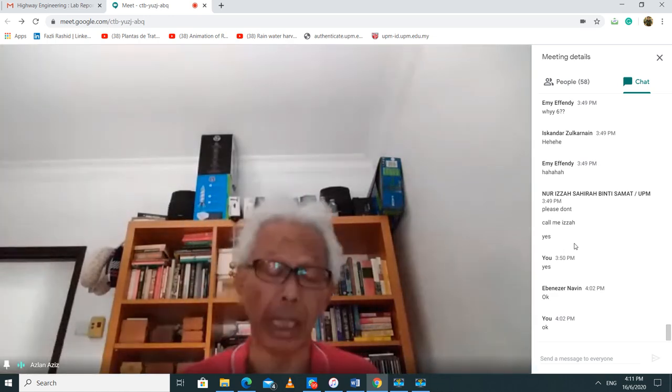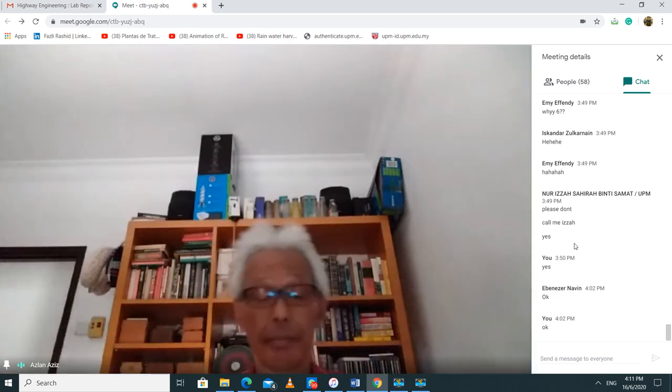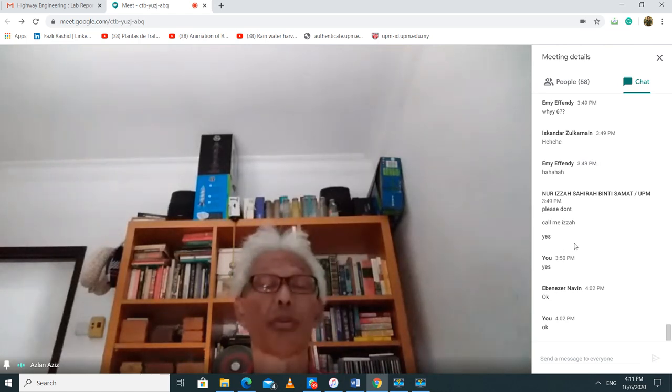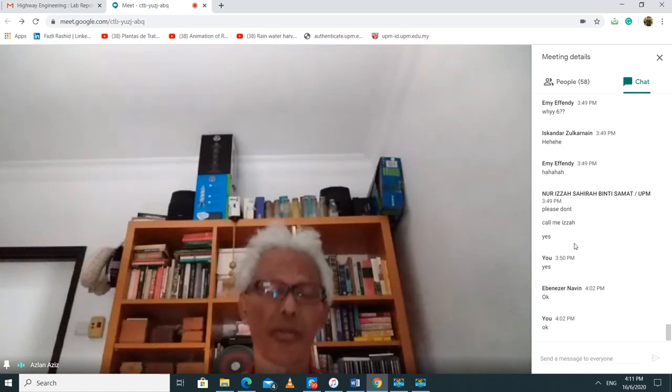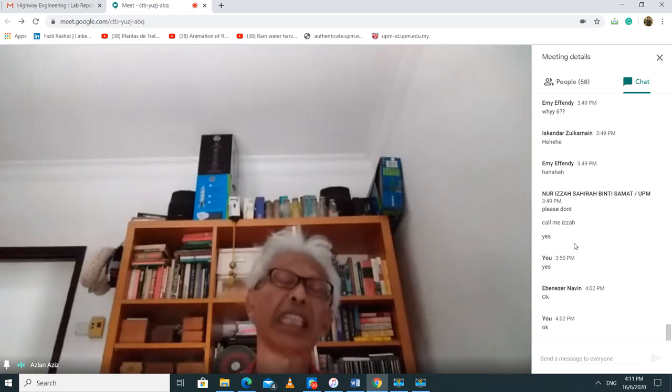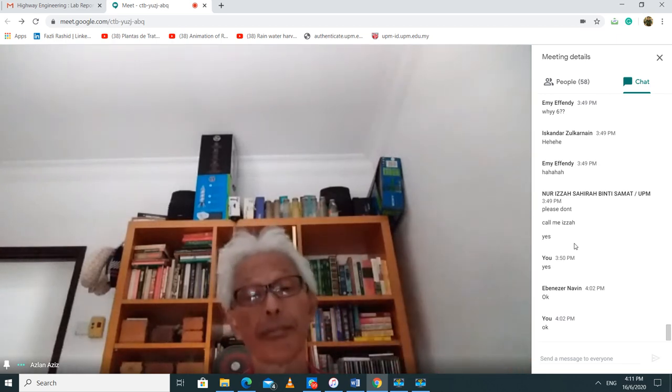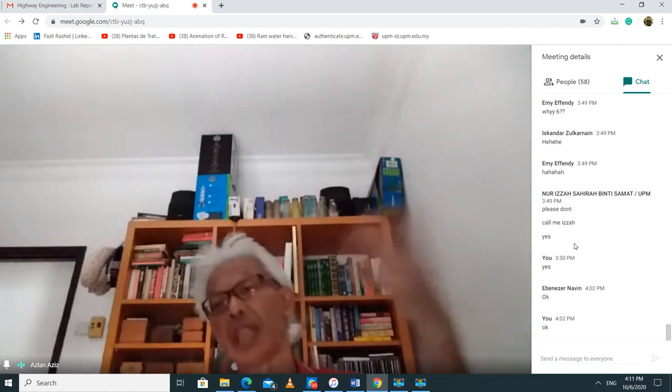Now, anyway, in this example, what was wanted to be shown to you is that if you make the assumption of one-dimensional, as opposed to three-dimensional, which is a more realistic situation, you will find that the time for 90% of consolidation to occur, in other words, the dissipation of the excess pore water pressure to be 90% completed, you're only left with 10%.